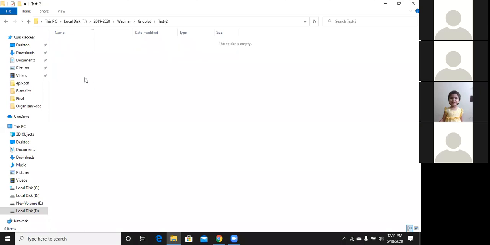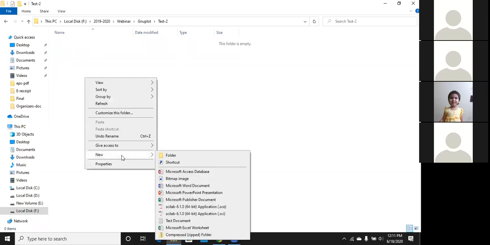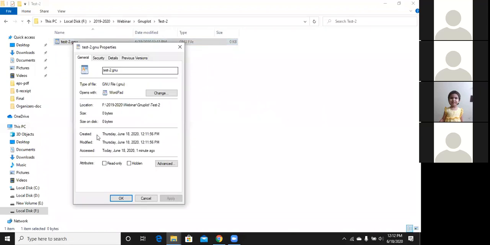Now just a text file, right? Yes, a text file, it is for the .gnu file. I want to open the plot window from this folder, so you can do this here. You can do this here also. S2.gnu, yes, you need the .gnu extension. Then I'll change the properties and go to open with.